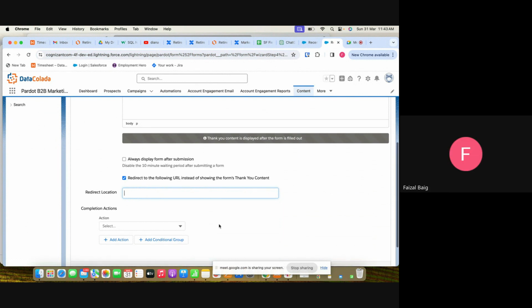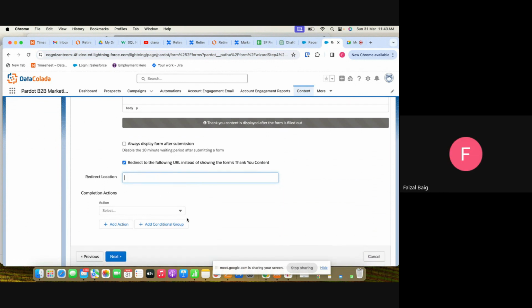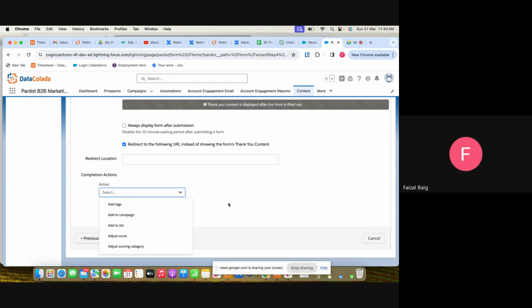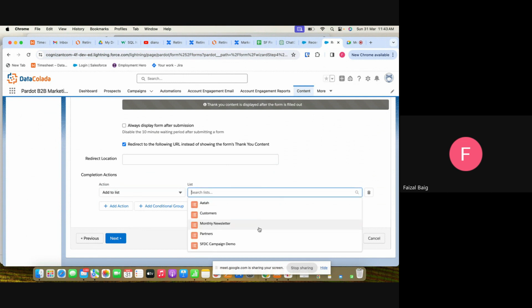All right. Now, once the form has been submitted, then a completion action should be added. So we can add that to a list. That after this form has been submitted, add this prospect to a list. So we can add any, like, customers. I've created this as a list. We can add this to a customer. Next,